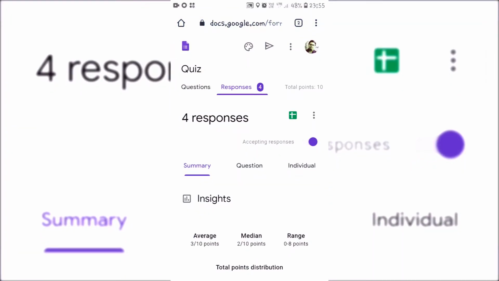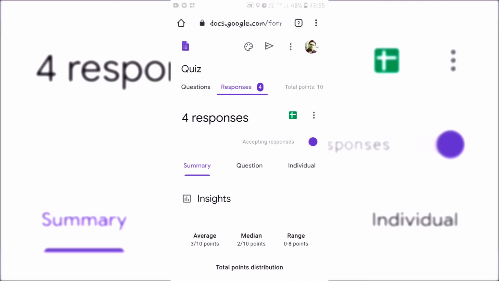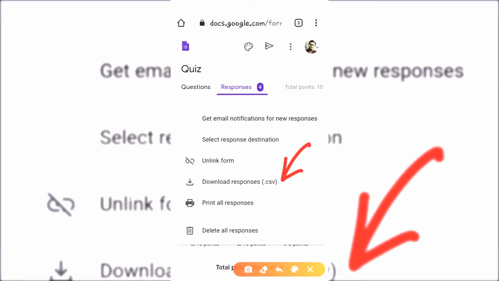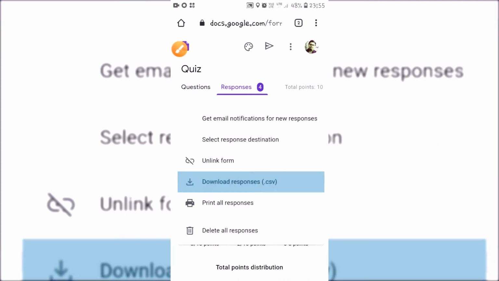There is another method. You can tap here on the 3 vertical dots to download responses in CSV format. I will show this. Tap on the 3 vertical dots, and you can see this option, download responses .csv. By this method you can download the CSV file. I will tap here,